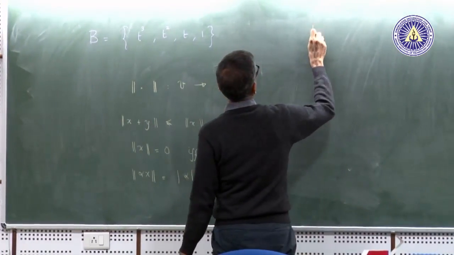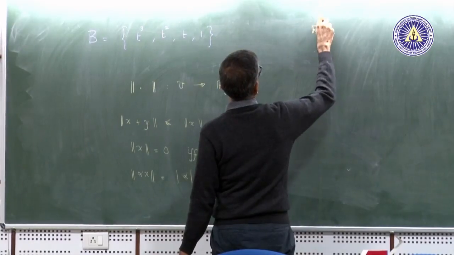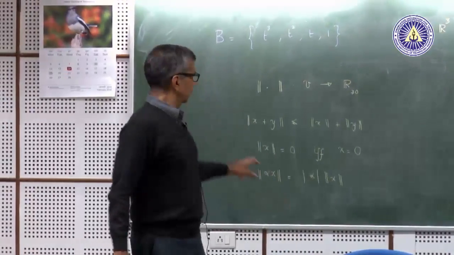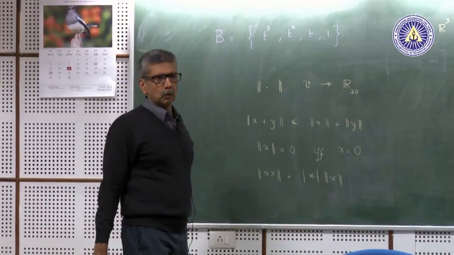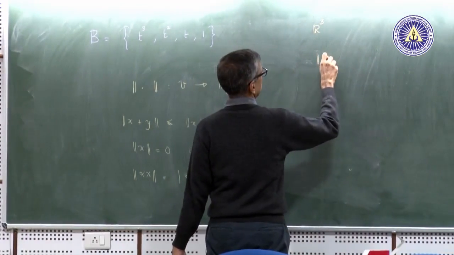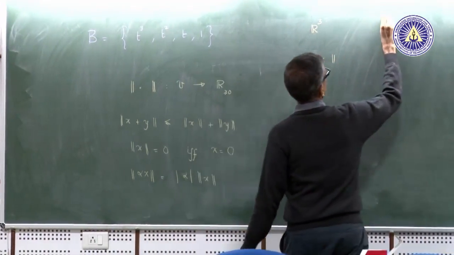So, on R3, give me a norm. All of you have seen something called the Euclidean norm. So, if I give x, so if x was like this,